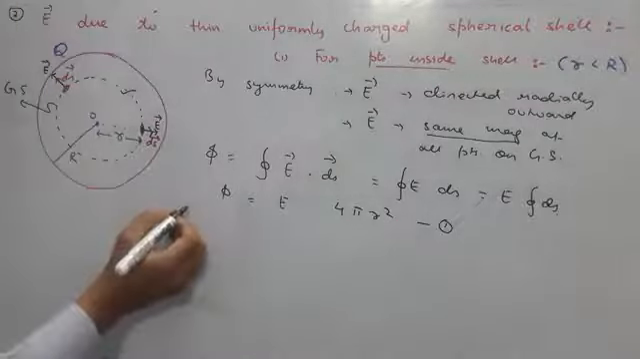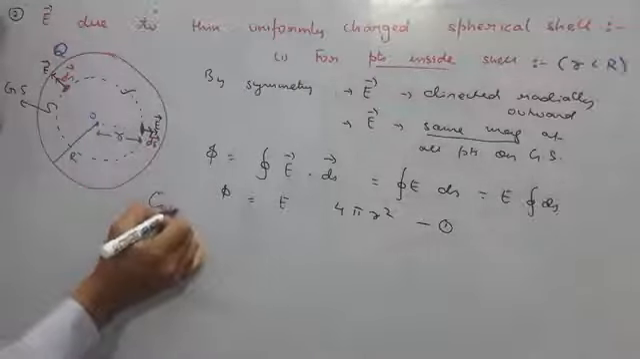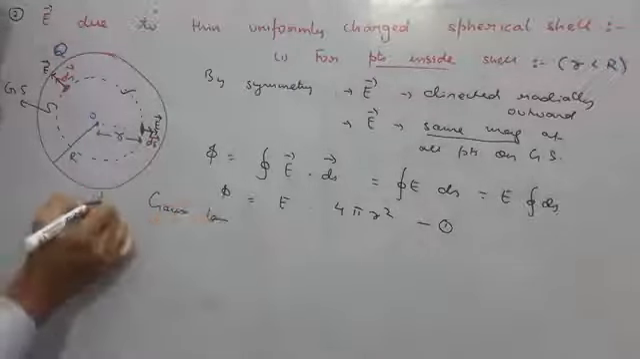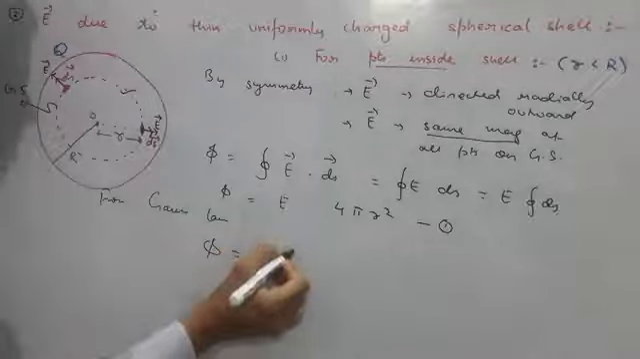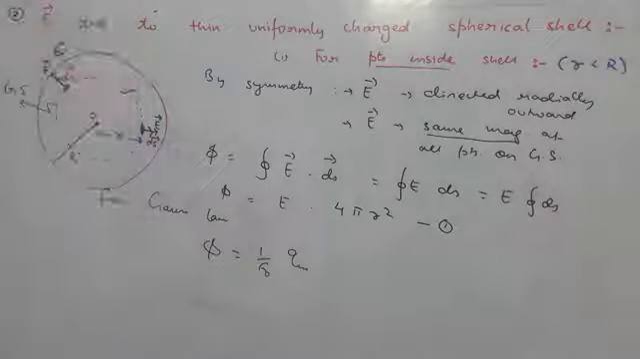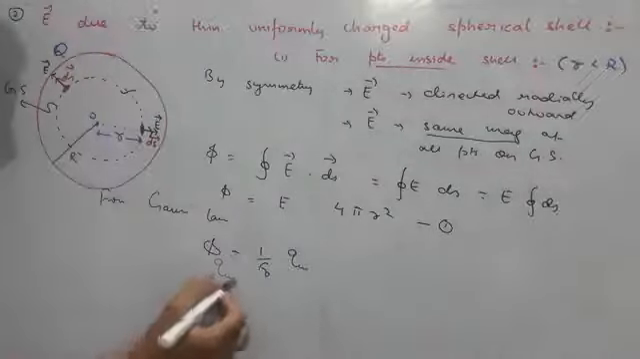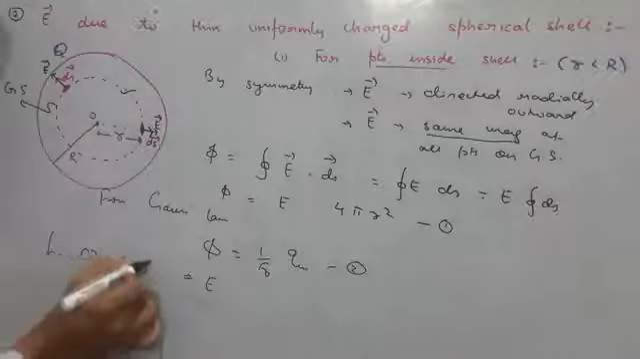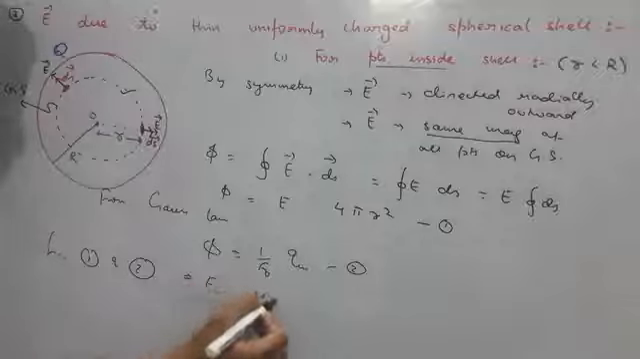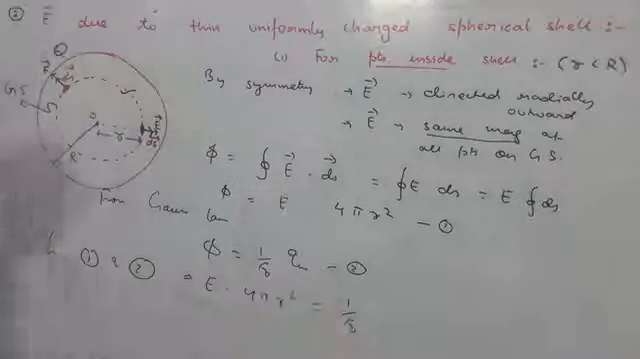Now from Gauss law, we will use Gauss law. This flux phi should be 1 by epsilon naught times q in. This implies phi, we have already calculated. So from 1 and 2 we'll get E into 4 pi r square is equal to 1 by epsilon naught times